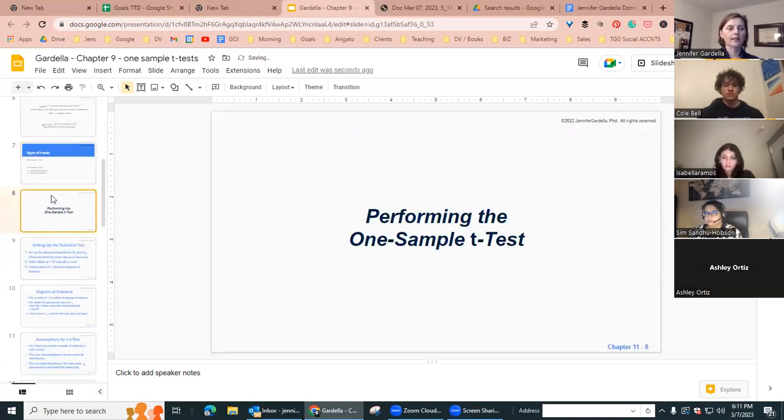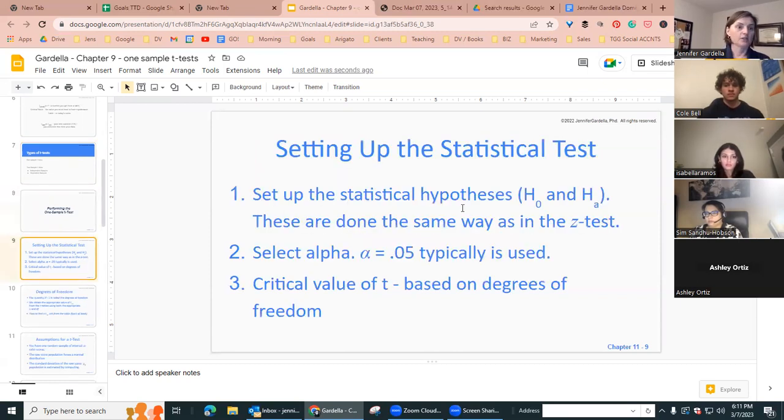Okay, performing the one sample t-test. So this gets really easy. So just like we've been doing, and I have 6 examples to go through with you guys tonight, set up exact same way. So we set up H sub O and H sub A. In fact, we do that pretty much for the entire rest of the semester. Then we select an alpha, typically 0.05 is used. We get a critical value of T,